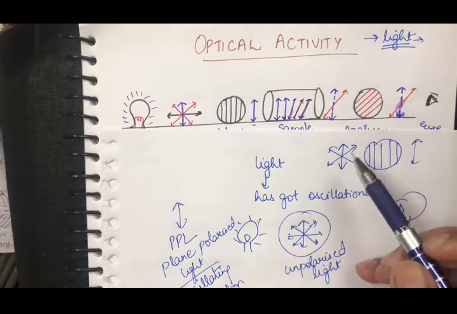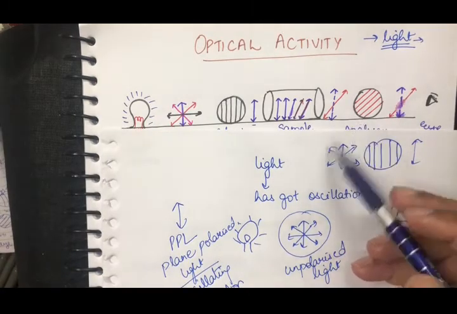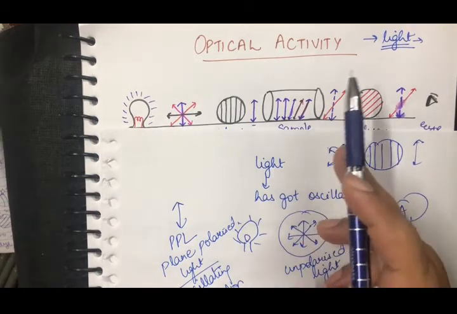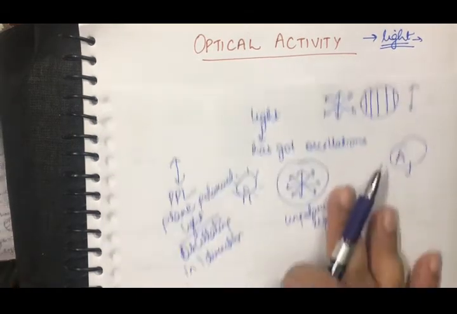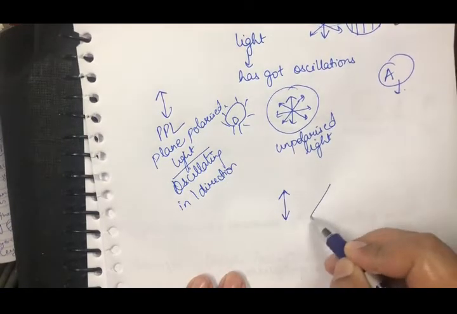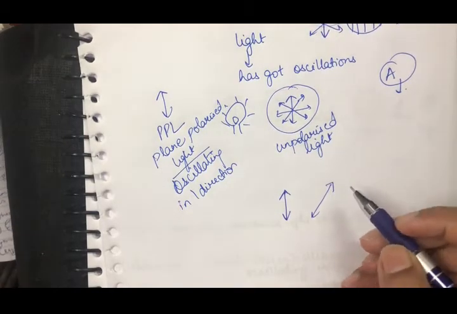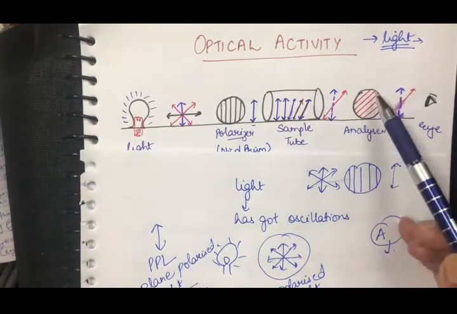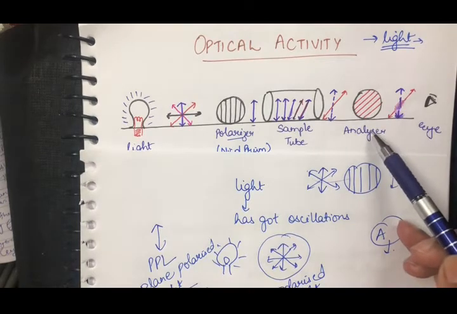You will find that the component of the light is changing its plane, and in the particular example that I have taken, it has shifted a little towards the right hand side. So the light that you passed through it was this, and what you obtained was this. So if I have put an analyzer, now I want to see how the light comes out, so I have put an analyzer here.